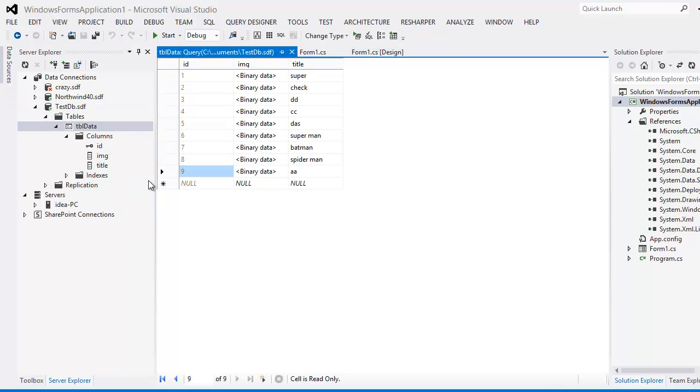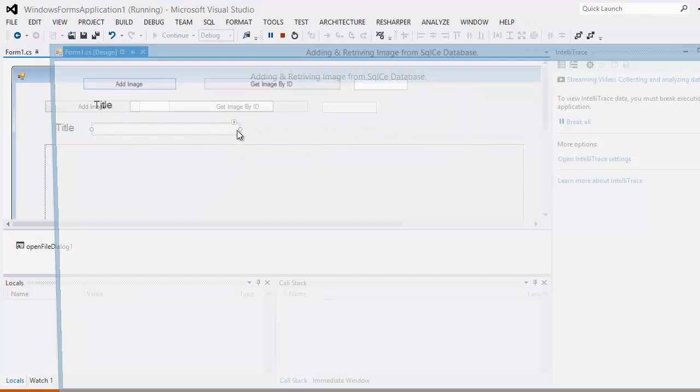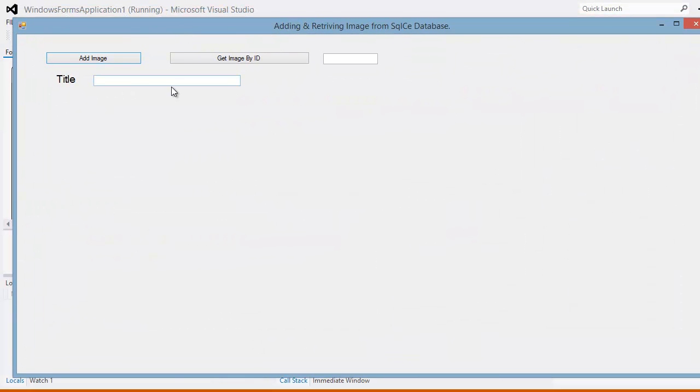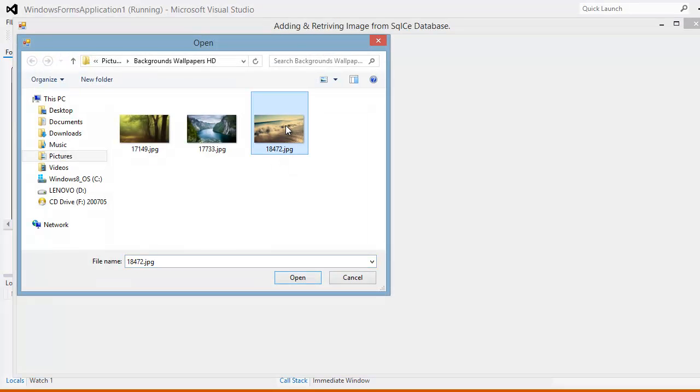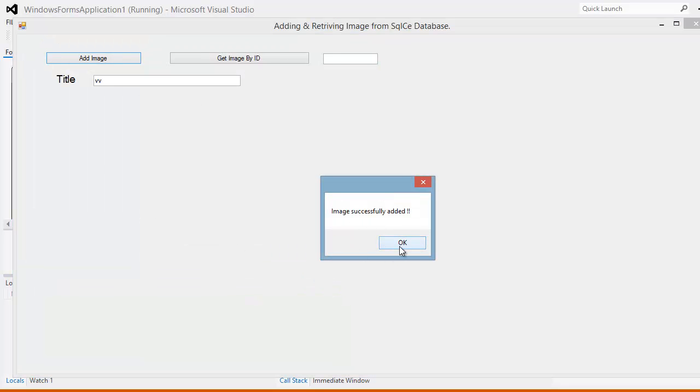So let's have a look at the data. So like I said, this is auto increment, this is a binary data, and this is the title, right? And let's run this thing one more time to see the things work in action. So I'm gonna say title is going to be VV add an image. We're going to add an image, and let's hit OK, and we should get a prompt, yes, that image added